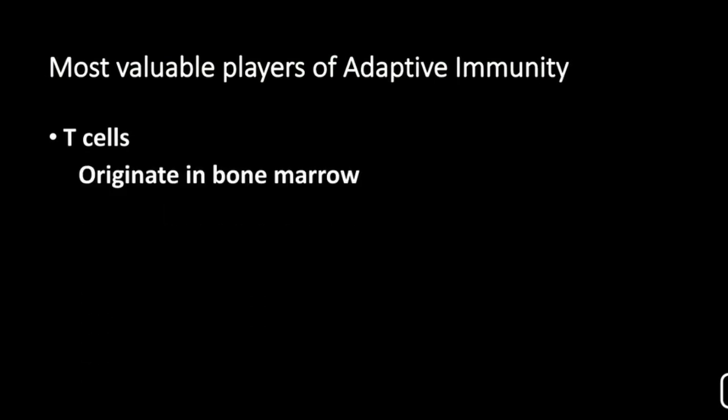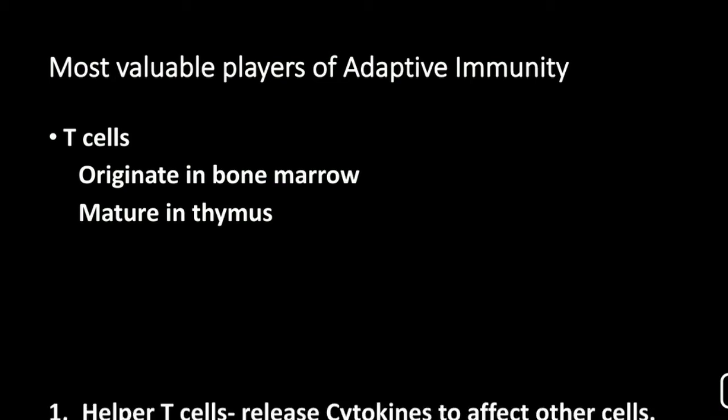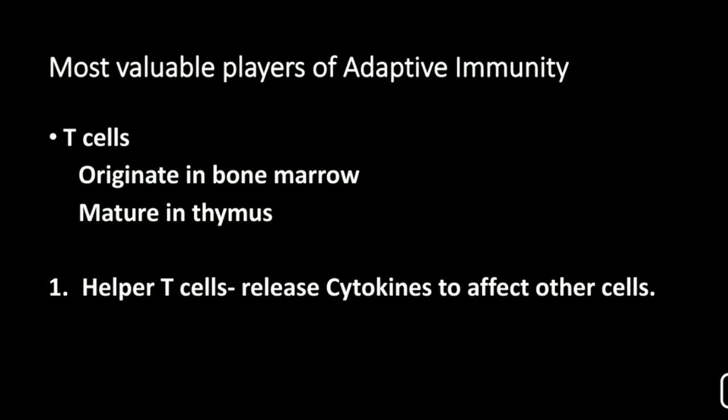Now it's time to talk about the most valuable players of adaptive immunity. And the first player is our T cells. These T cells originate in our bone marrow and they mature, and their expression of antigen receptors takes place in the thymus. Next, we have two types of T cells. Number one, helper T cells. The helper T cells release cytokines. Remember, cytokines are chemical mediators,